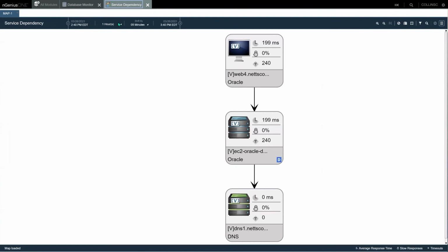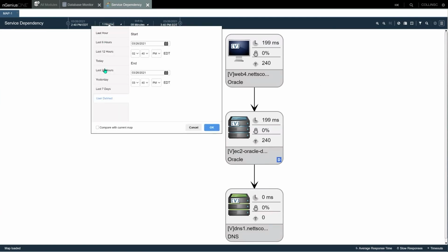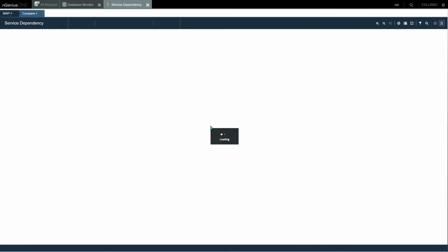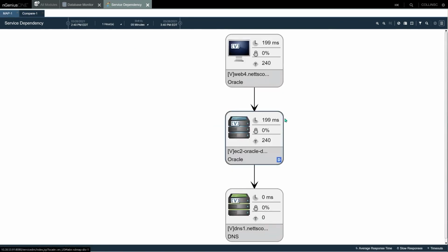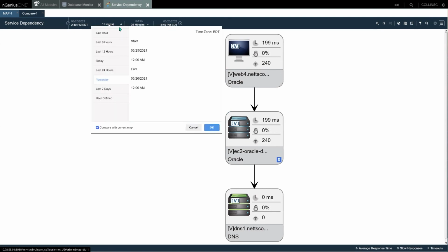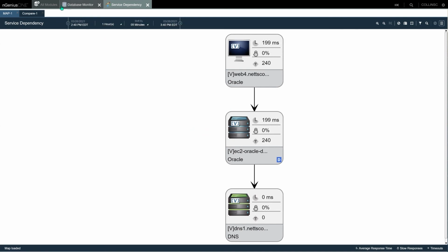One of the other nice key things about it is I can say, okay, look at it yesterday and compare that to today, and it's the same. If they had changed, the old question, what did you change, would show up. It would be ghosted and show you that it's different. So that map hasn't changed. That's a good thing. We can observe these things over long periods of time. I keep looking at the current hour, but you see I can go 7 days, last day, and it can do the same thing on the dashboard.